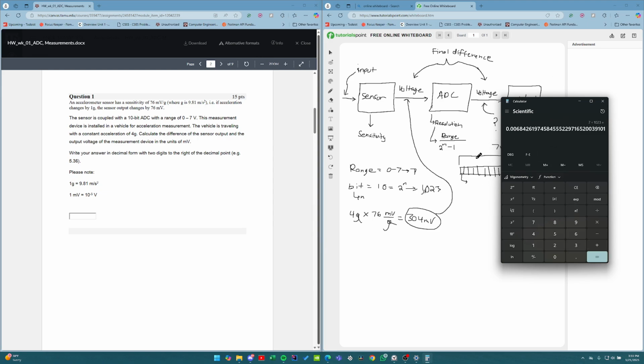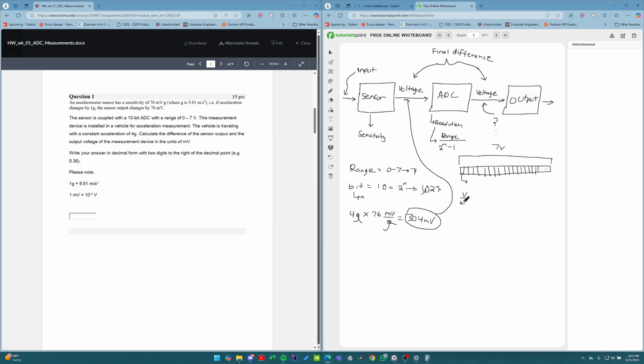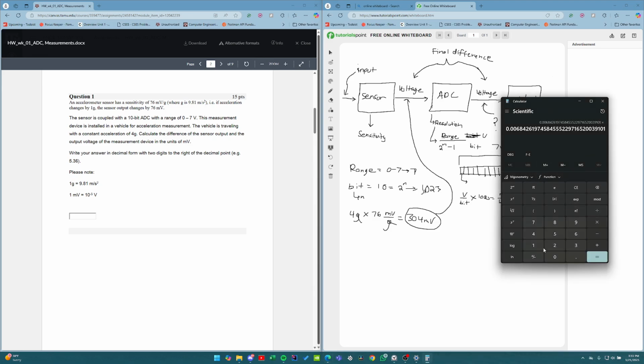But that number is going to be in volts, since it's V over bit, if we're doing it based off the ratio here. But then we wanted to turn it into mV, which we just multiply by 1000, and that would give us mV per bit, which is, let's see, times 1000, yeah,